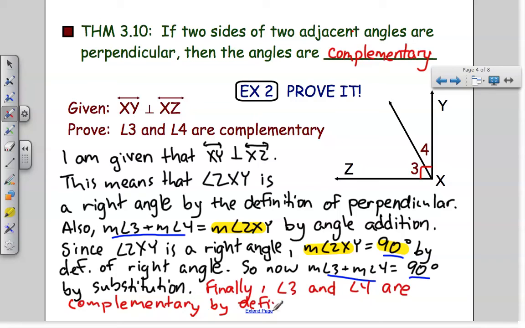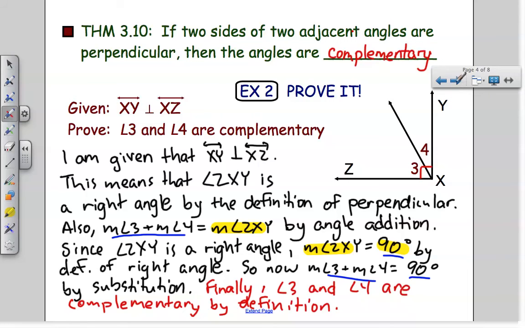Is that you have a right angle, angle addition, add to 90, substitute in. And get to the point where 3 and 4 add to 90, so they are complementary by definition. I just proved this statement. If two adjacent angles have their sides being perpendicular, then those angles have to be complementary. So good proof for